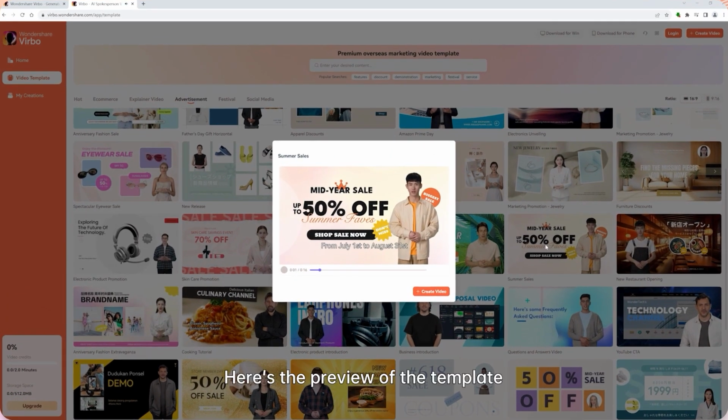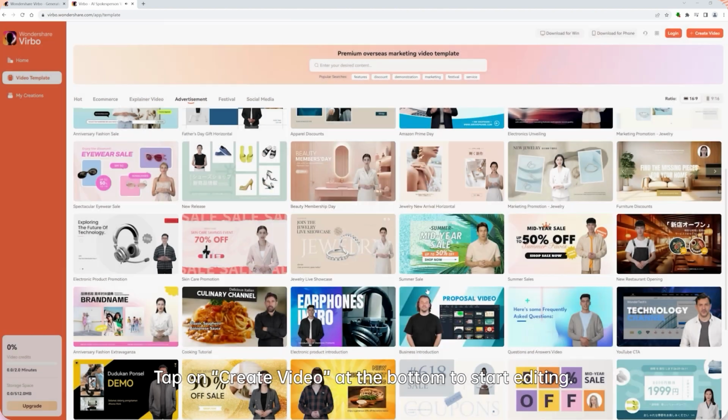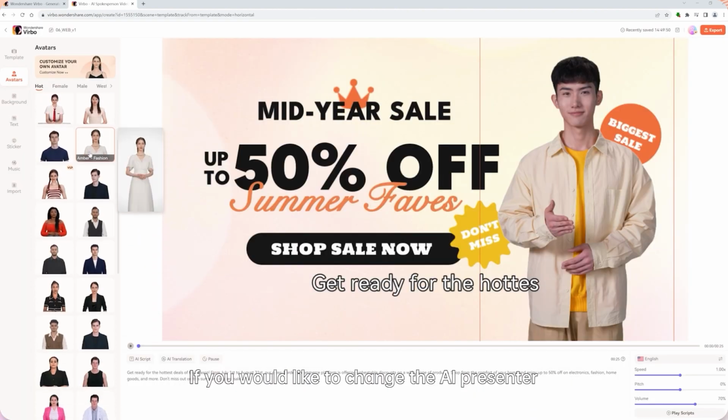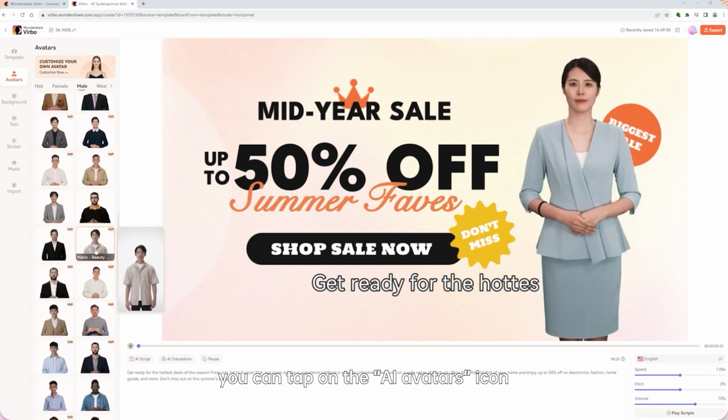Here's the preview of the template. From July 1st to August 31st, our cross-border e-commerce platform is offering unlimited discounts. Tap on the Create Video button to start editing. If you would like to change the AI presenter, you can tap on the AI avatar's icon and choose